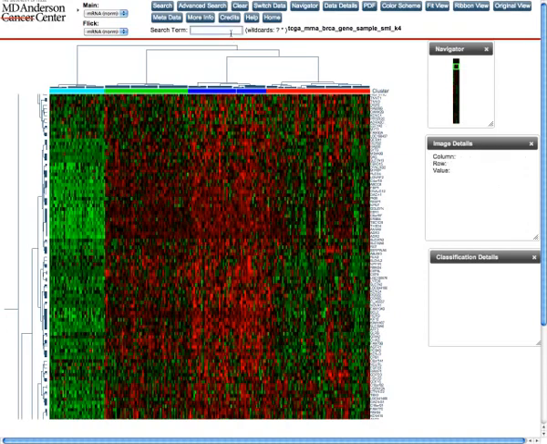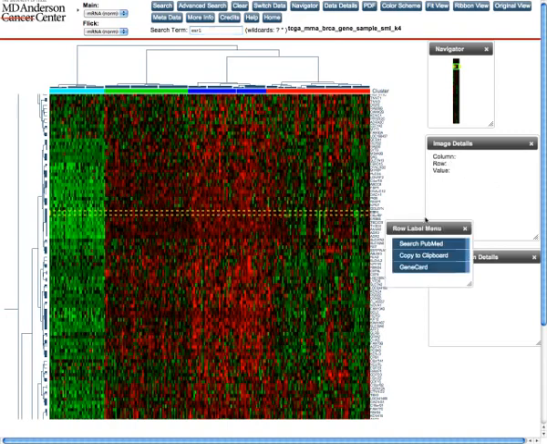Gene is a search term. This is ESR1. It's delineated on the heat map. And now the cursor is on the label for ESR1. We're going to GeneCards and can look up any information in GeneCards that we wish that's pertinent to